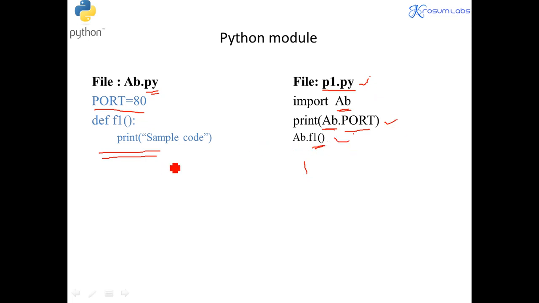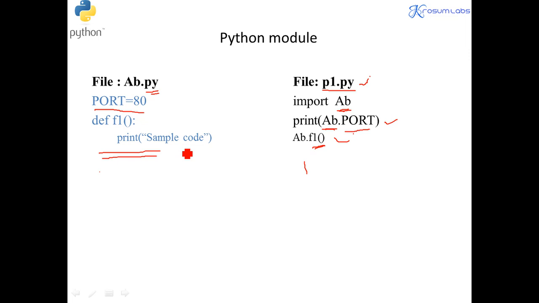So understand, a module is nothing but an existing Python file only. The file must be in loadable format. Suppose you write the f1 function call and the print of port; then whenever you import, the code will immediately get executed. So we decided this file will be for loading only. Loadable. Then you can keep only the definitions, and import is a keyword. Import space followed by file name. Now the ab.py file is called the module file.